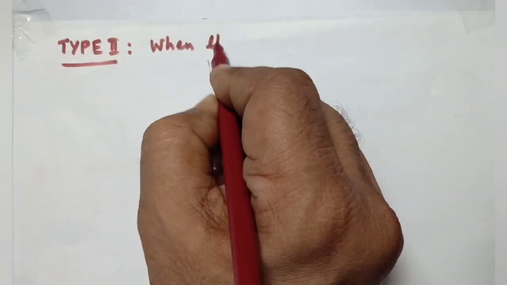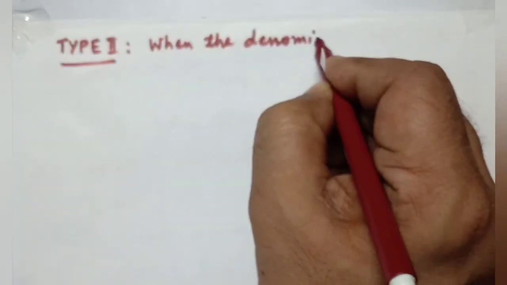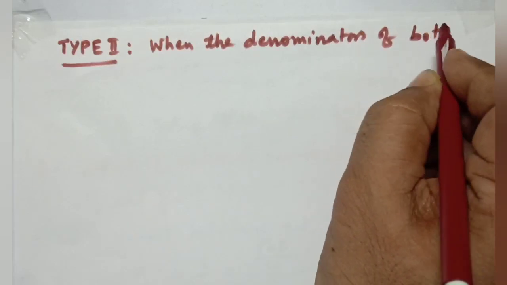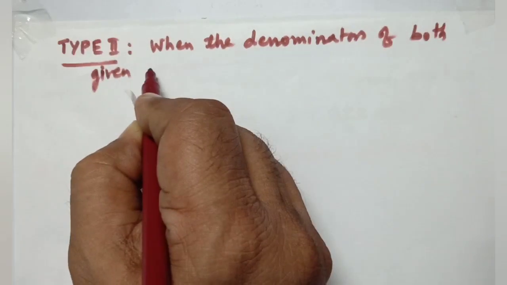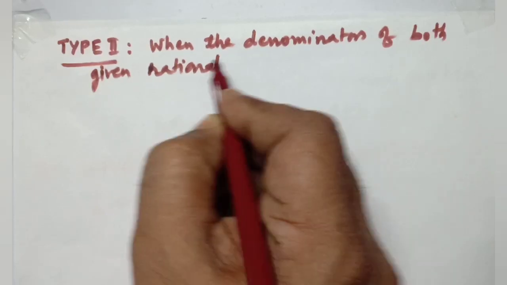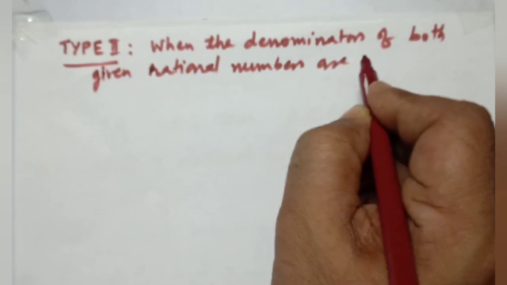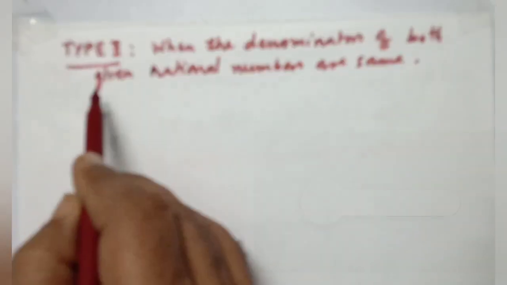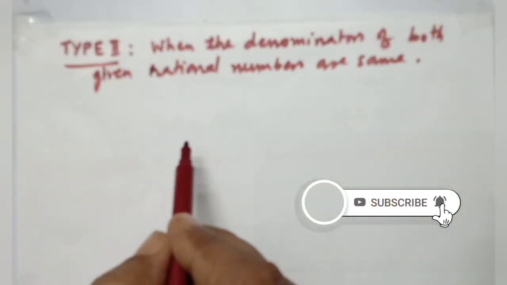When the denominators of both the given rational numbers are same, we observe the numerator and find the